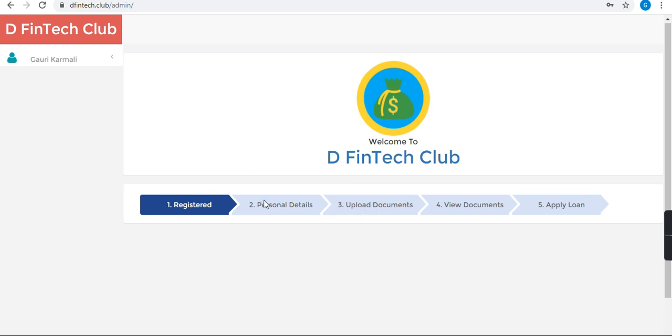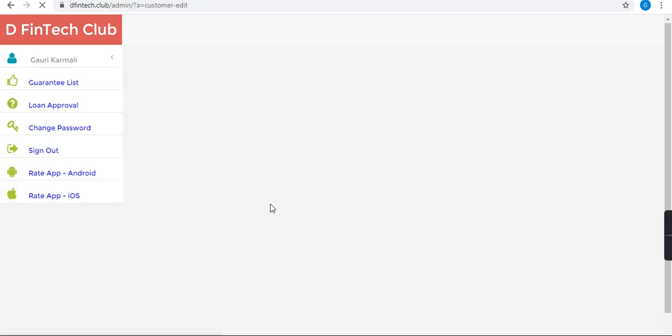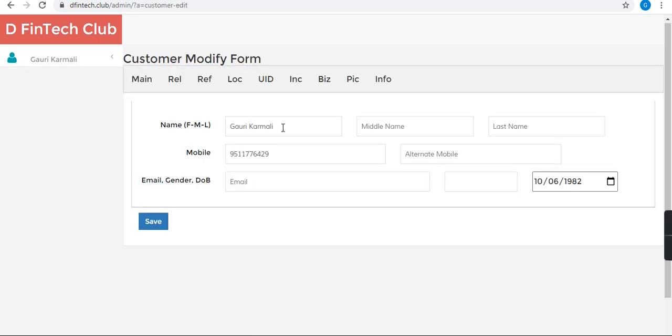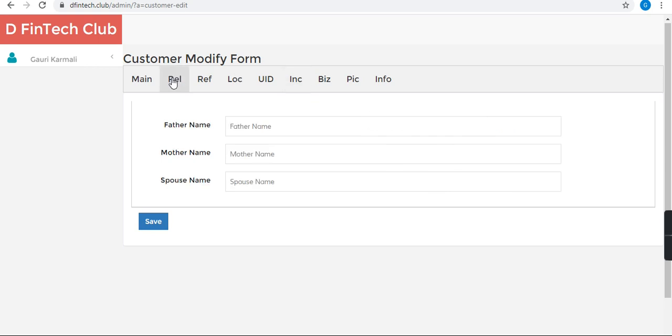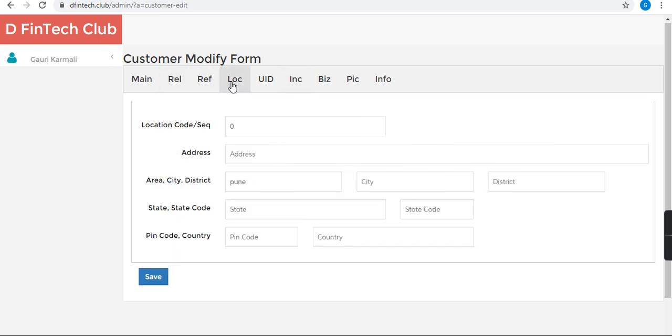Now let's fill. The customer comes to personal details and he is going to fill all his personal details. Here I am going to fill my mobile number, birth date, and then this is the same entry form that you have in the admin area.